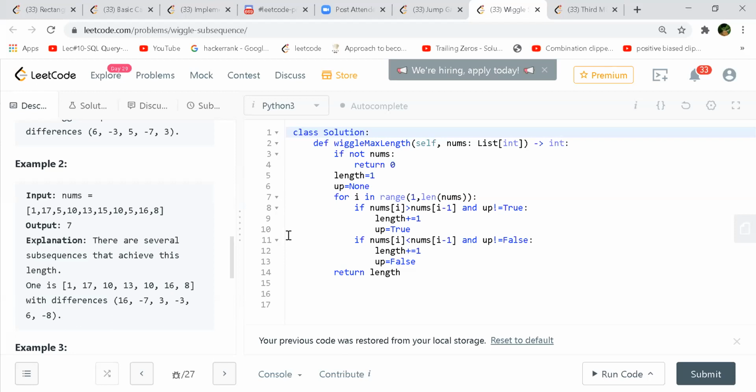Similarly, if there is a decreasing sequence, then I'll take that particular decreasing sequence and whatever increasing sequence I had before it. So at last, two branches are coming, and we can take the maximum out of whatever sequence we got.